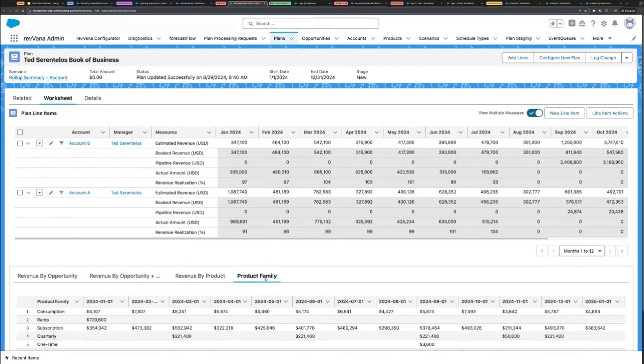And then any flavor, any dimensionality that you have on product, account, or opportunity, you can now roll up those numbers by that dimensionality. So for now, what you're looking at is all the product families that this particular customer has purchased or is going to purchase or going to use, all of that rolled up by family. So you can imagine a lot of other dimensionality that you may have.